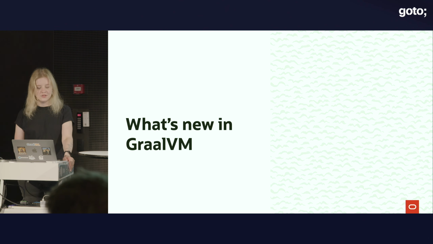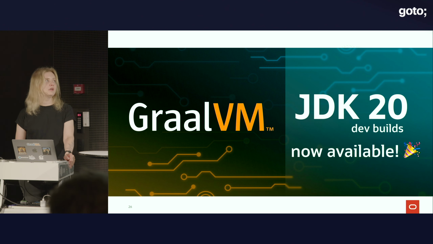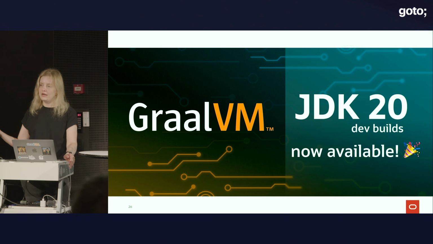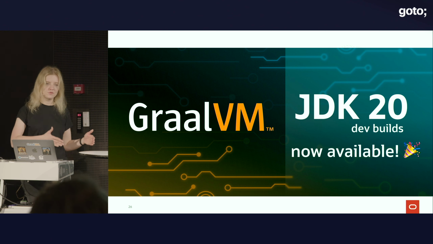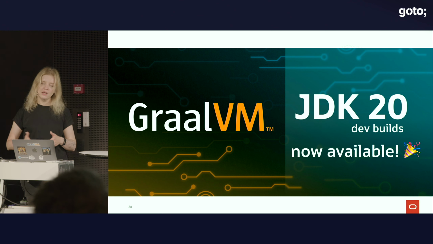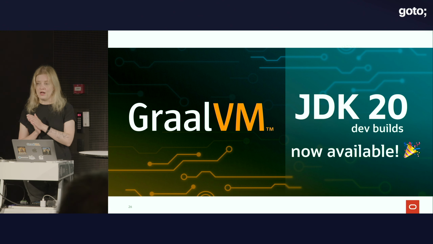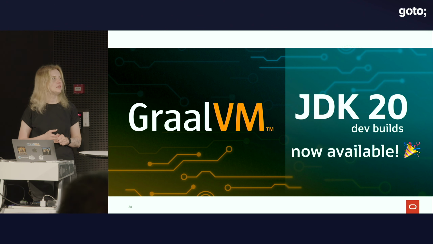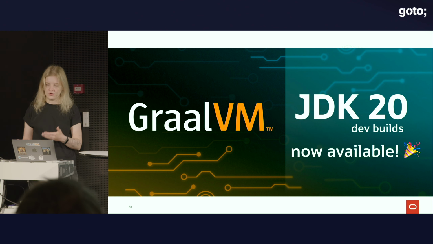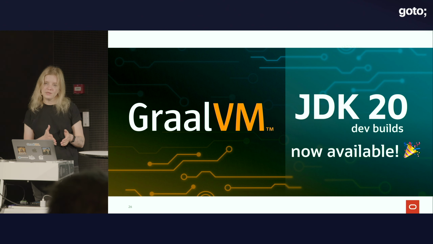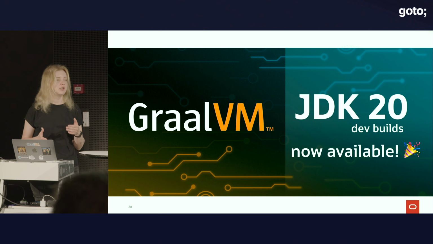And I want to use this chance to talk a bit about what is new in GraalVM. So one thing is that we are trying to keep up with the latest Java releases, and as soon as there are new Java versions, we are trying to produce builds so you can use the latest Java features with the latest of GraalVM features. So at the moment, we have JDK 20 developer builds available, and on June 17th, we will have the actual production-grade feature release available as well. So at the moment, if you want to use JDK 20 builds, we have those available as developer builds on